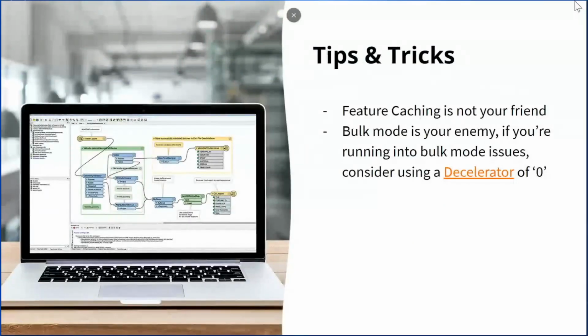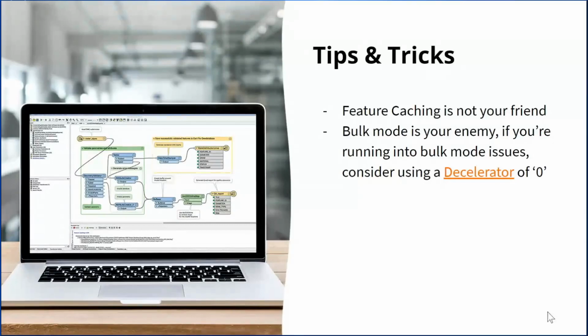Some other tips and tricks. If you've implemented one of these sorting methods and your features are still coming out in a weird order, your title is at the bottom of your document, or maybe your thank you slide is at the beginning of your presentation, you're probably dealing with stale caches. So maybe try disabling feature caching or try rerunning your entire workspace each time.